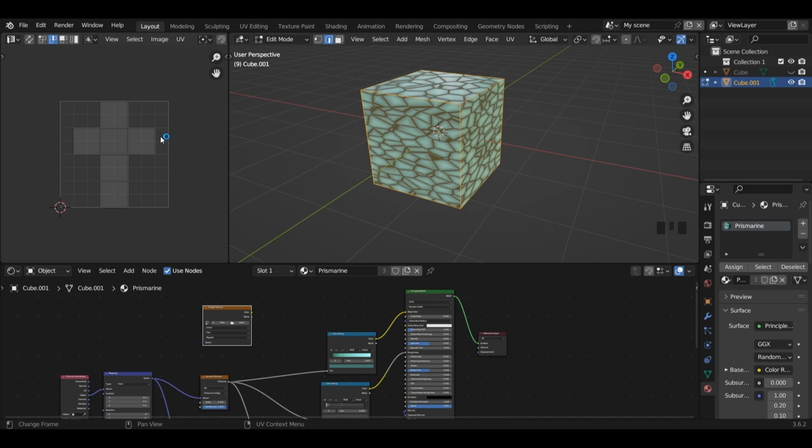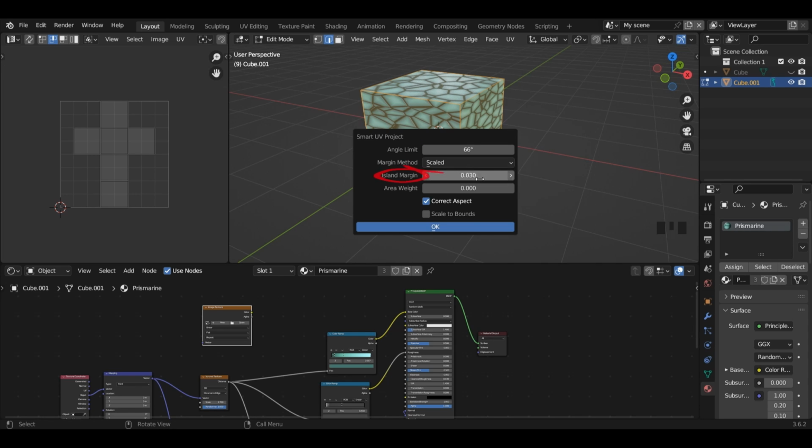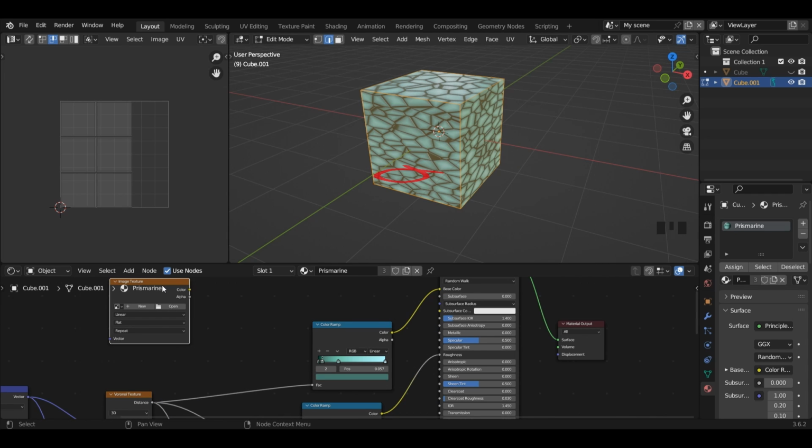We've got this default cross UV, but there's a slightly more optimal UV we can do using the Smart UV project. So I'll press A, U, and left click Smart UV project. Then I'll change my island margin to 0.03. Now we've got our UV set up, I'm going to press plus new on our image texture,